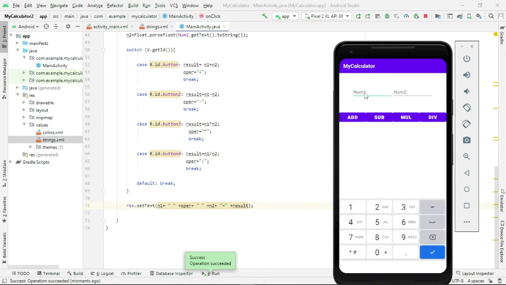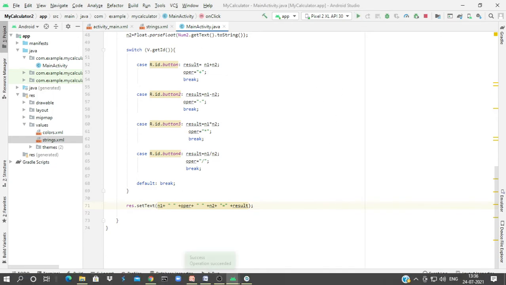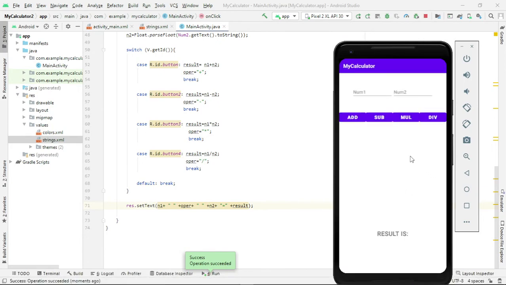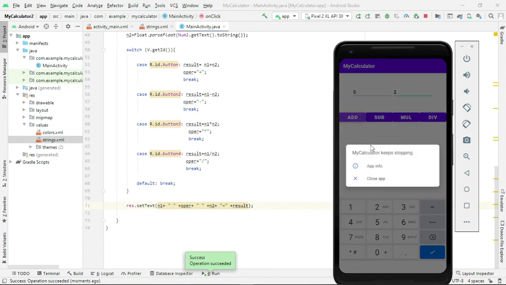Let me give 5, 2, click on the add button.